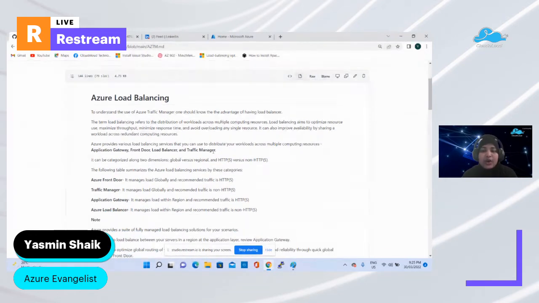So Azure load balancing will make sure to distribute your workload, whatever the traffic that is coming to use your web application hosted on your web servers, equally among your computing resources, right?